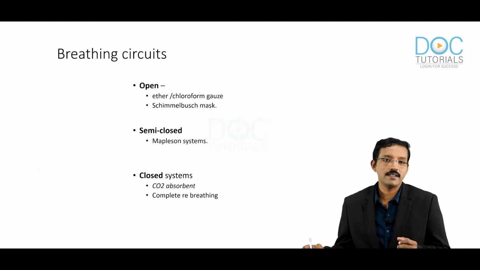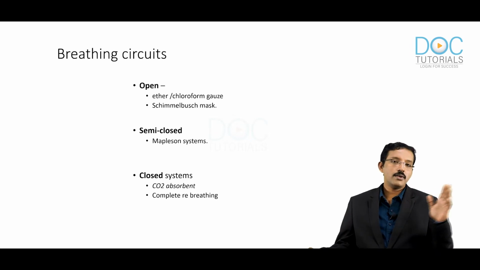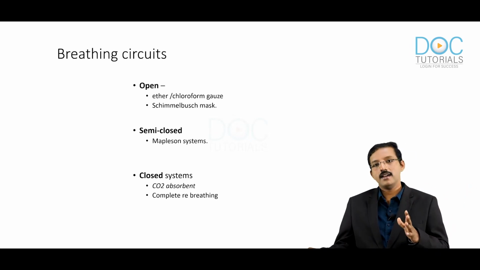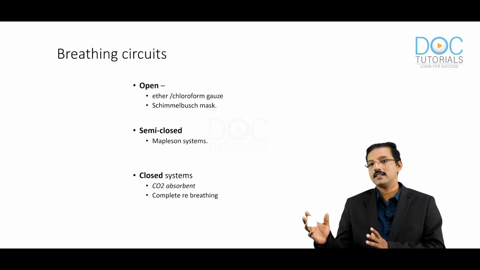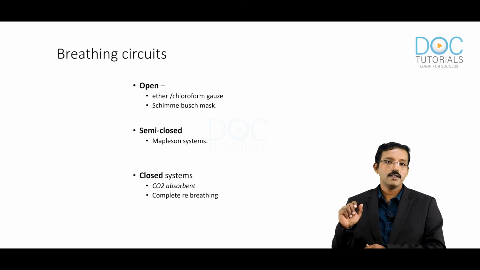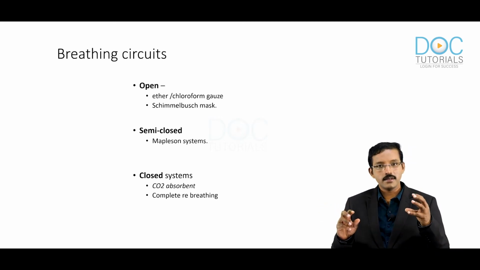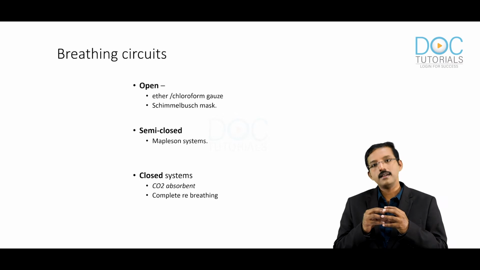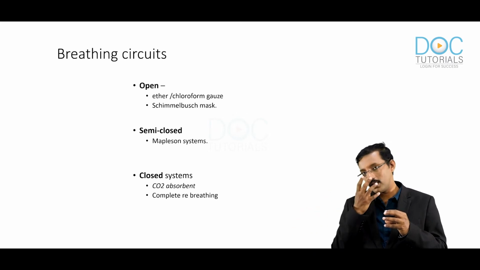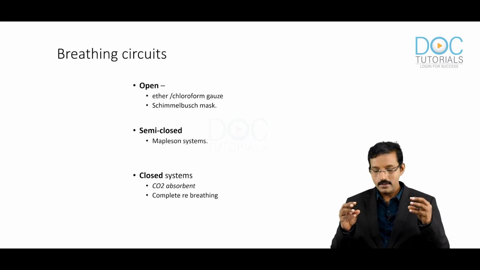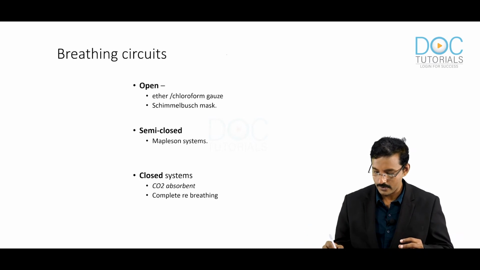Now we will start studying about breathing circuit. Till now we have seen we have got a cylinder which has got a very high pressure, and from there it is gradually getting reduced through intermediate and then reaching the common gas outlet which has got a low pressure at the end, and it is to this common gas outlet you connect the breathing circuit. Now this breathing circuit goes and reaches the front of the patient. So you understood now the difference between common gas outlet,